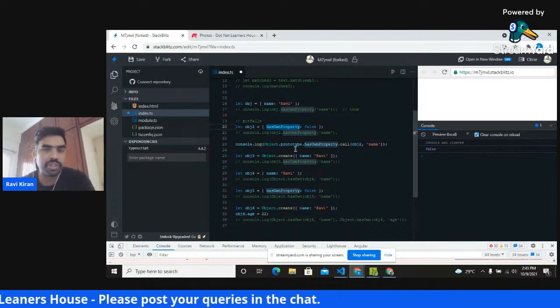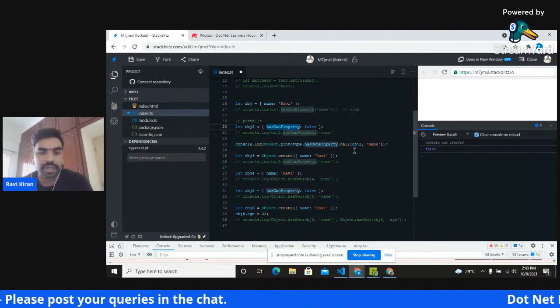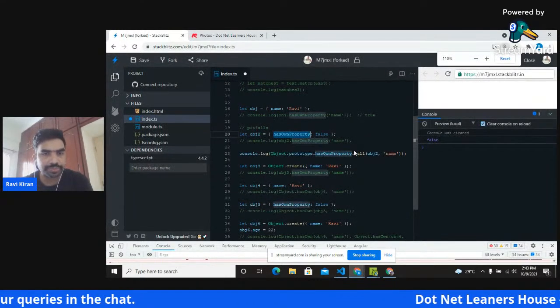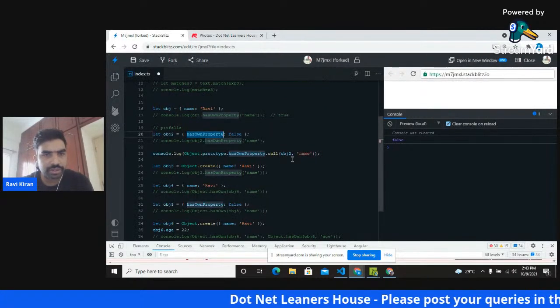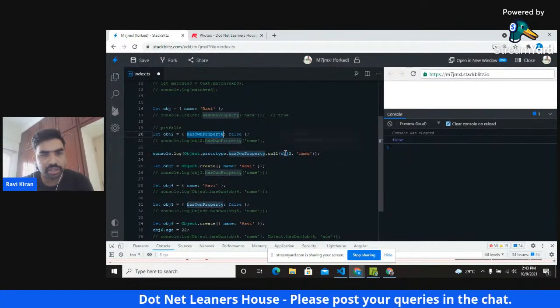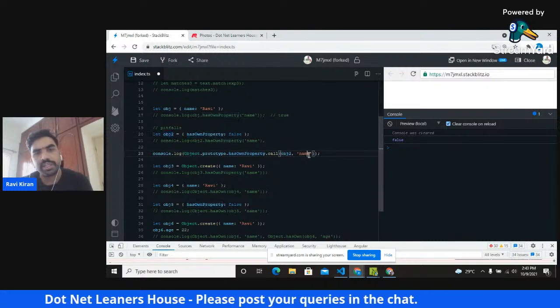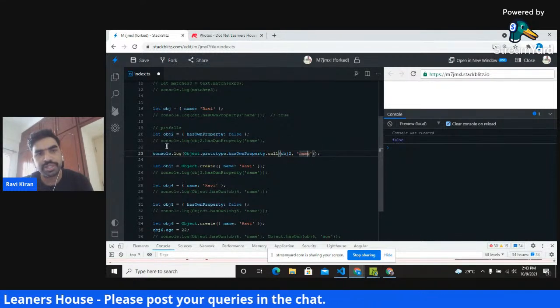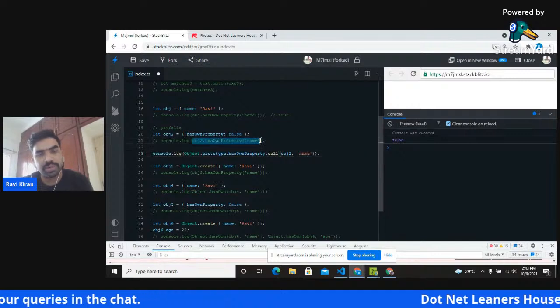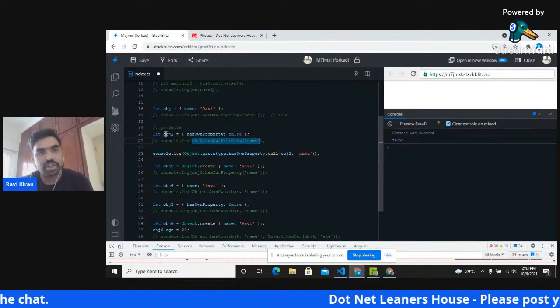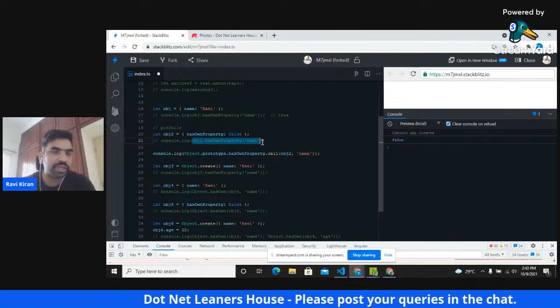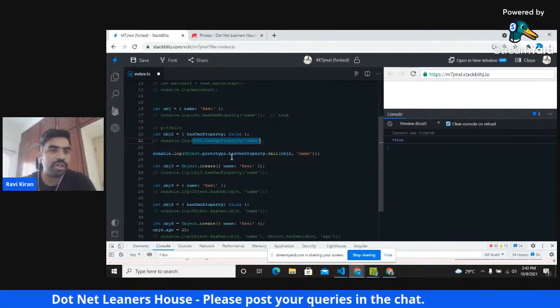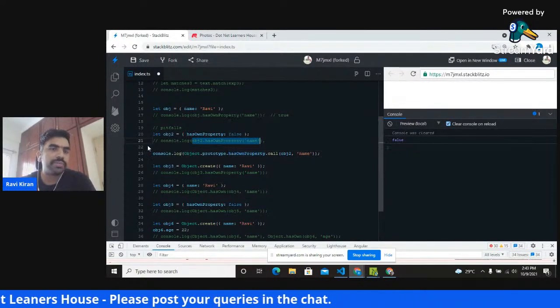So I'm saying Object.prototype.hasOwnProperty.call, and then I'm passing the object and the property name. This is technically similar to calling this one, but instead of calling the overridden method, we are calling the one from Object.prototype, right?